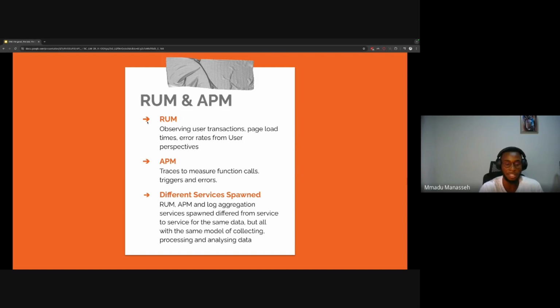So all of this came into play during the 2010s, and this was very, very important for plenty of organizations, because now they can understand their users better. They can finally see what their users are seeing. Because it is one thing to be able to see what a system is doing, but it's a very different thing to be able to see what the users perceive the system as doing. Right? So we had real user monitoring, and importantly, we had APMs.